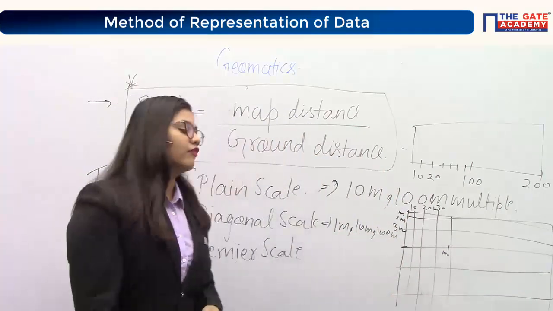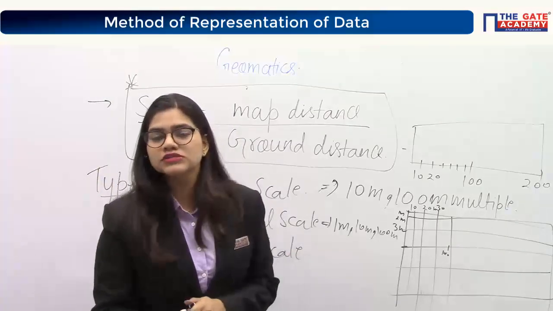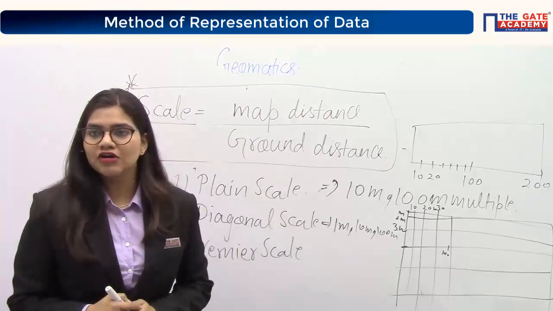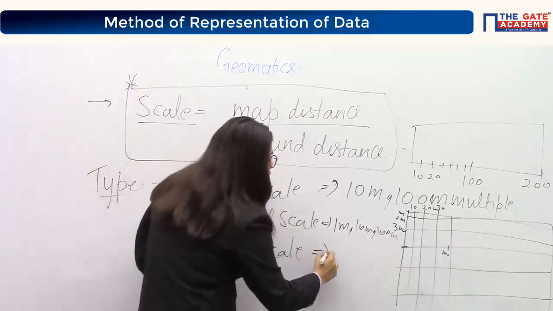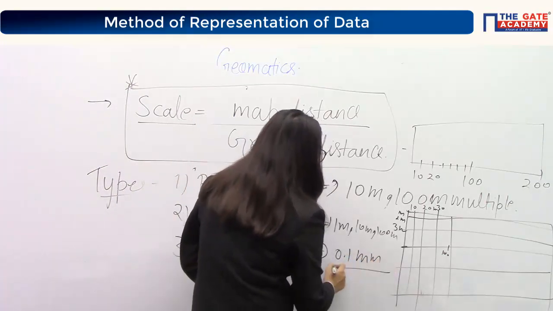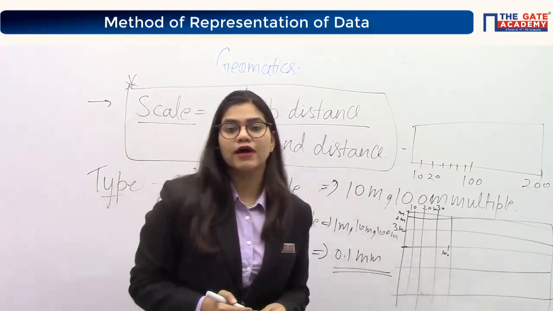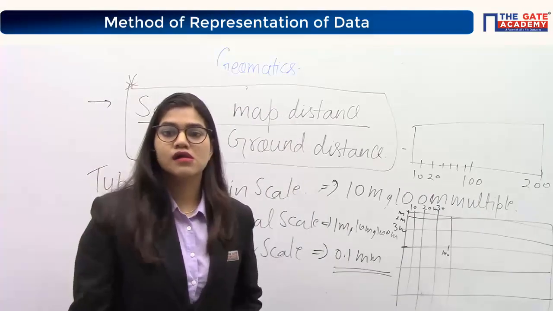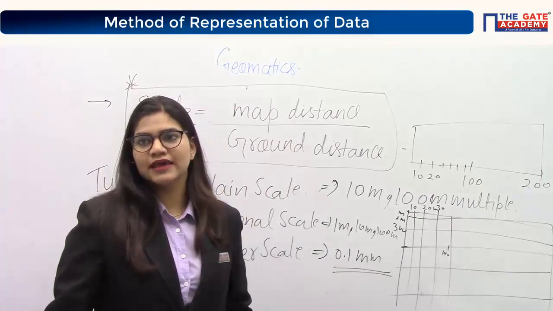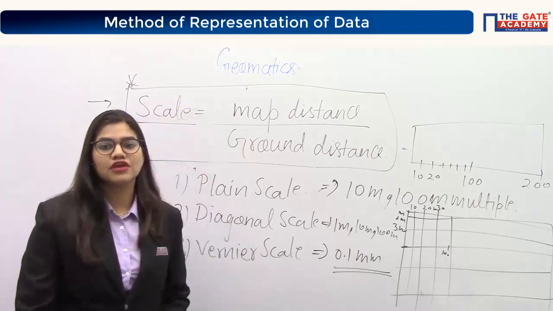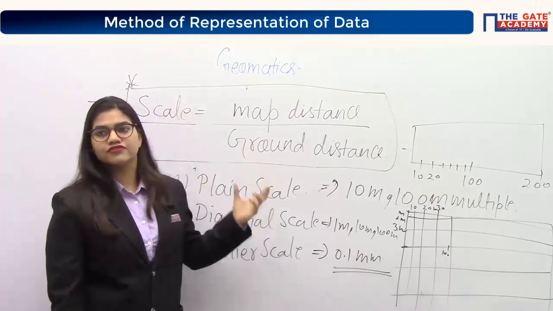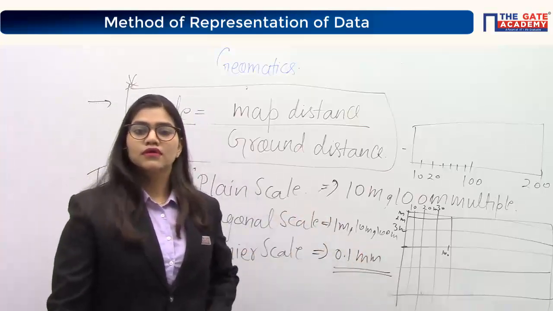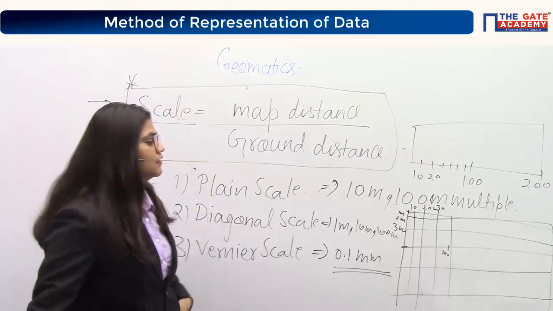When you come to vernier scale, we all have used it in the physics lab during 11th or 12th. If you remember, the least count of vernier scale is what? 0.1 mm. You can read the value till 0.1 mm. Is it clear? You just remember the least count, nothing else. Nothing will be asked in your exam. It's just for your knowledge. If somebody asks you, you should know the idea about the least count. Is it clear?